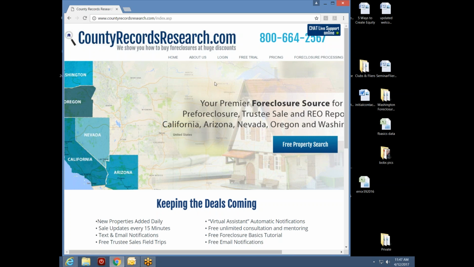Now, also notice that underneath the 800 number we have some header buttons for different categories. So on the far right is foreclosure processing. To be clear, County Records Research has a variety of functions as a company. We don't just provide the foreclosure data for investors, we also provide foreclosure processing services for investors who want to use our data to acquire properties through purchasing notes and then have us process the foreclosure on the note so that they can acquire the property through the process of the auction.